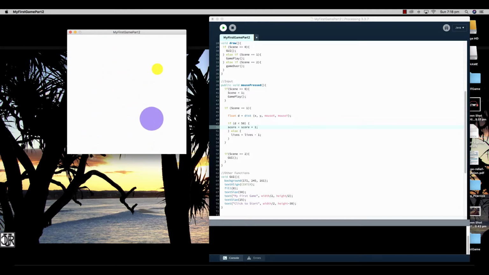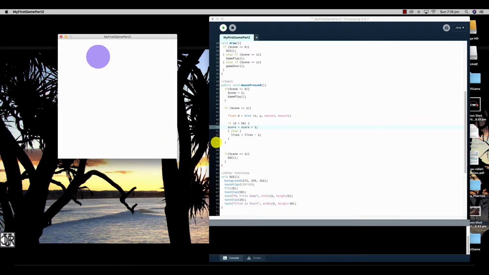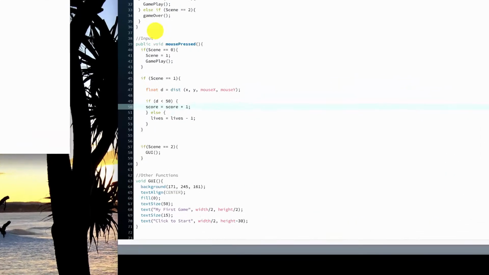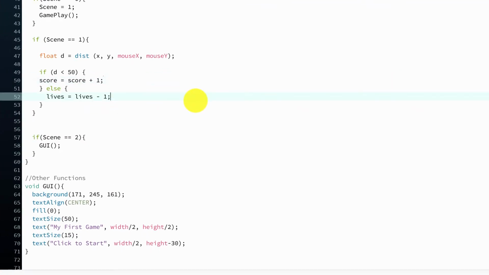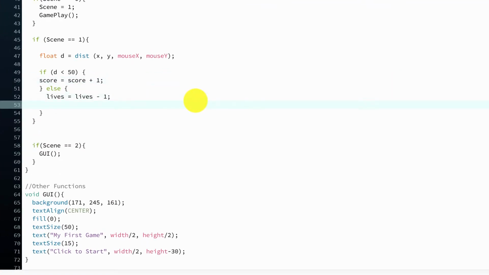But when I click outside of the ellipse, something should happen. At the moment, we haven't actually set it up to do anything, and we can't actually see anything. So the score is possibly going up, the lives are going down, but we haven't actually told it what to do with those values, and we haven't told it to display those values. So over here in our if statement underneath lives, I'm going to create another if statement